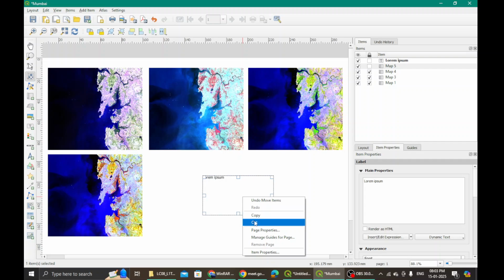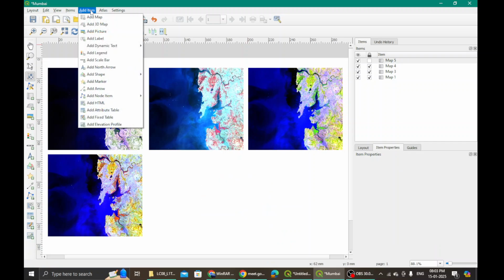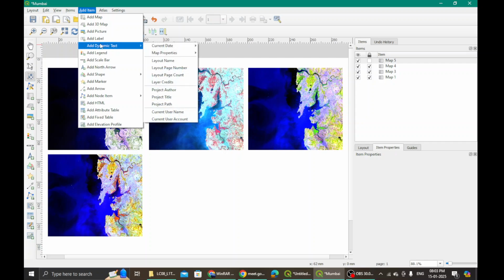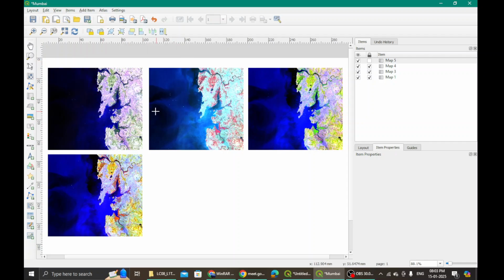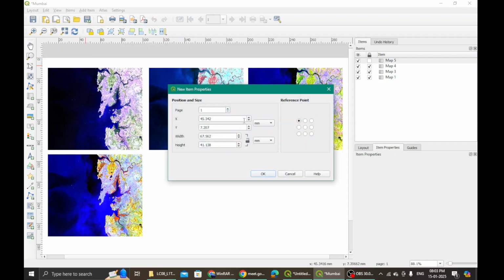Cut this. Add dynamic text. Let's go here. Add dynamic text. So here what I will choose, I will choose layout name. Name for which layout? So I will just name it here.